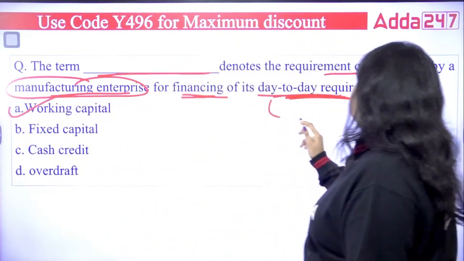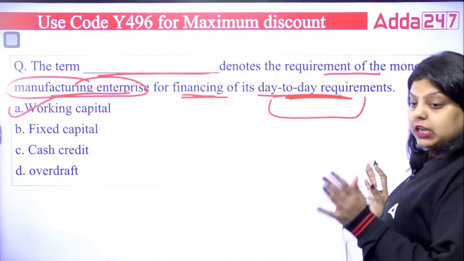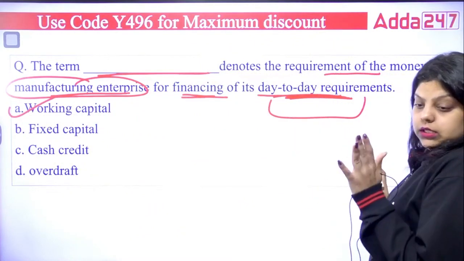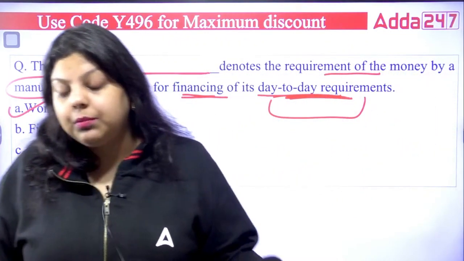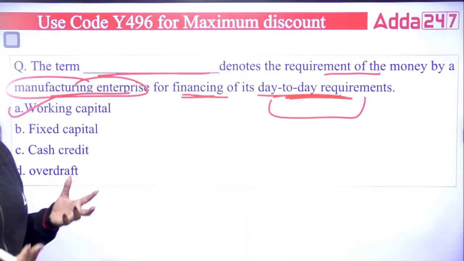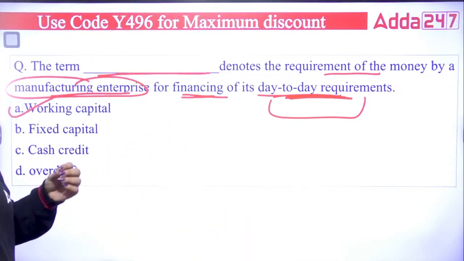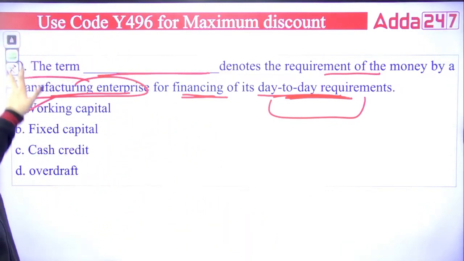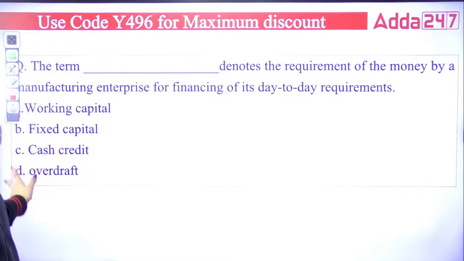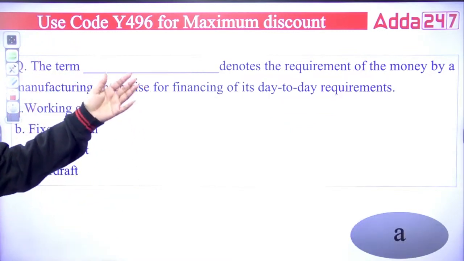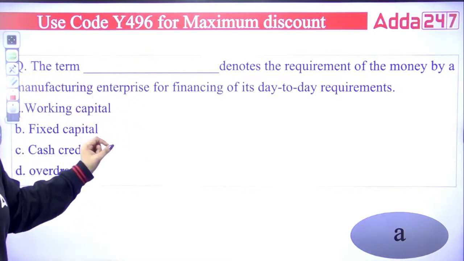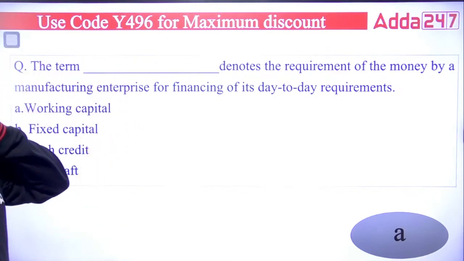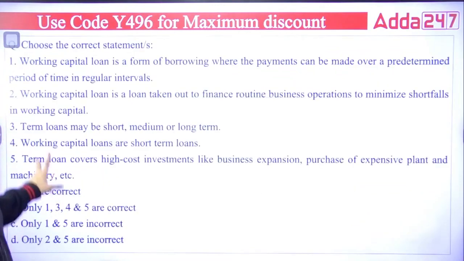Whenever you read about the day-to-day requirements of a company, the day-to-day requirement of a company is working capital, that helps the company to have a daily expenses capital. So your right answer will be working capital. So the term working capital denotes the requirement of the money by a manufacturing enterprise for financing of its day-to-day requirements. And that's your A option. Okay. Now,